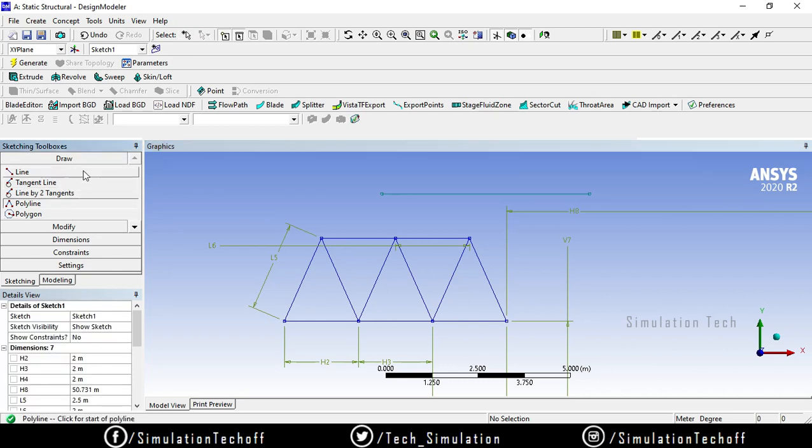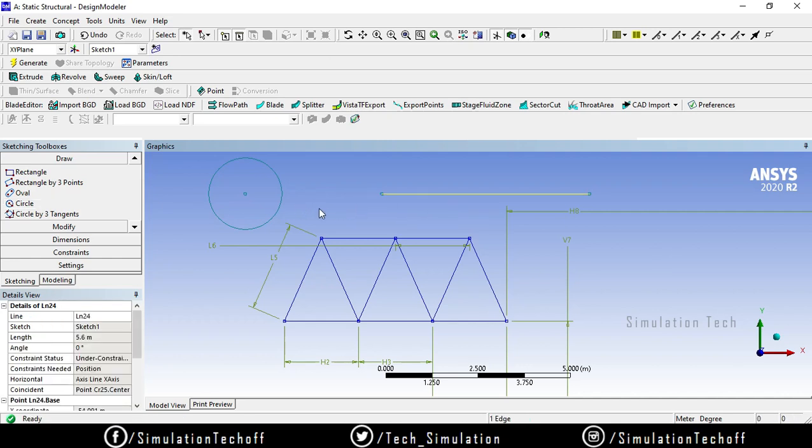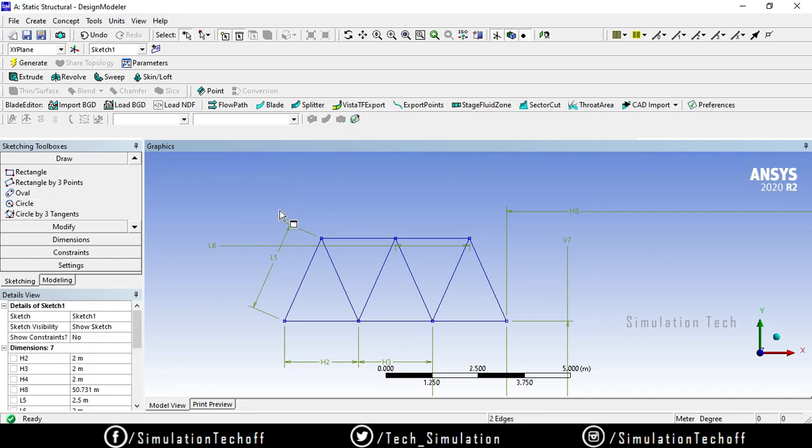Now it has shifted from the line command to the polyline. Now it is a polyline segment. Or if you want a circle, you can go for the circle option. Now it is shifted to circle. In the meanwhile, if you want to escape from the command, just press Escape. Now it is escaped. And select the entities and click on delete.